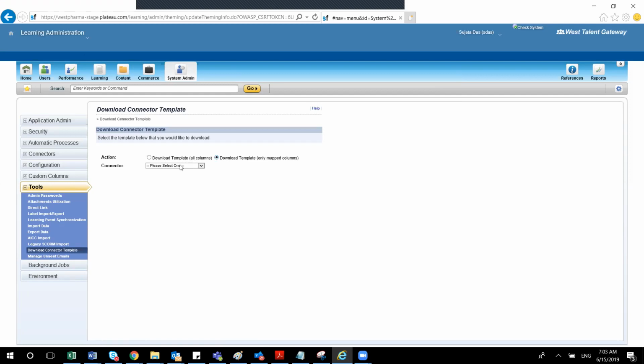I always prefer download template all columns, so all the fields will be there. SuccessFactors provides all the connector templates. I'm just downloading the user connector SF, and I'll show you how the template looks.